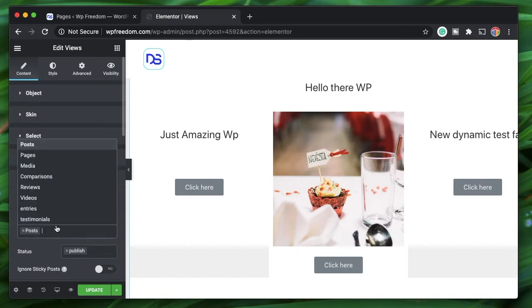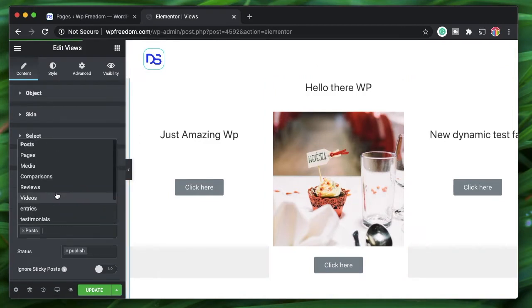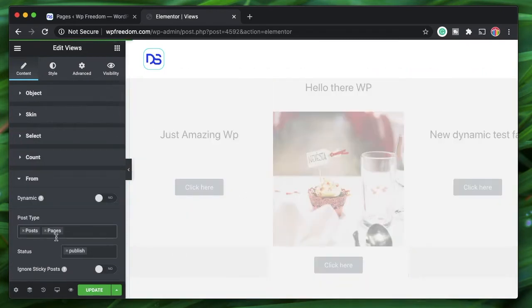So I'll just click here and it will show me all the post types available on my website. So you can choose posts, pages, but I'll simply list out posts because pages won't have featured image. You can also list out media post type and you can see all the custom post types that I've created and some of my plugins have created. You can simply pick any and it will basically list out all the custom post types on your site. So in case you're wanting to have a grid that has all the posts or post types on your website, you can choose this any option, but I'll simply pick posts. If you want any other, just pick them like that and it will display those post types as well.